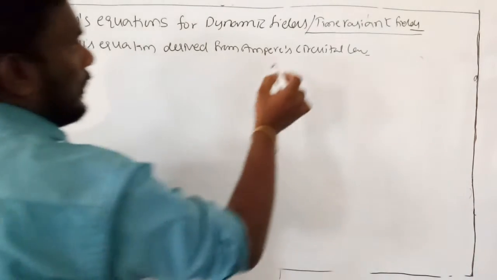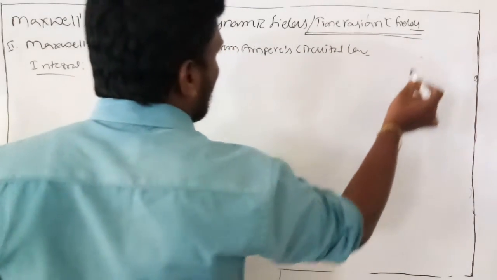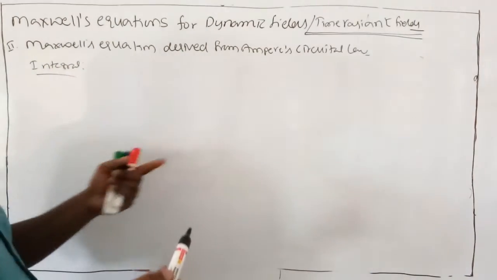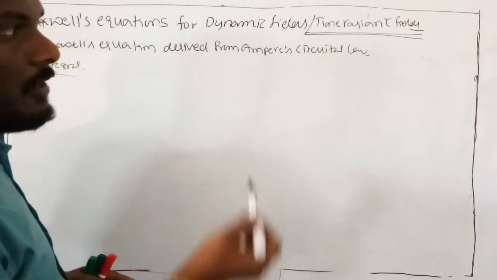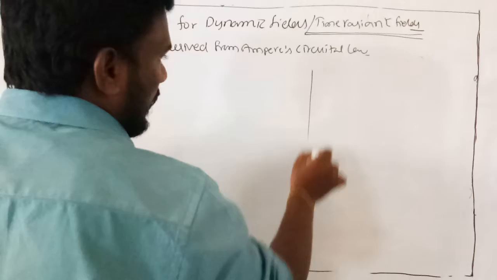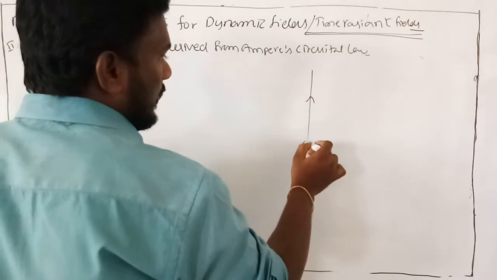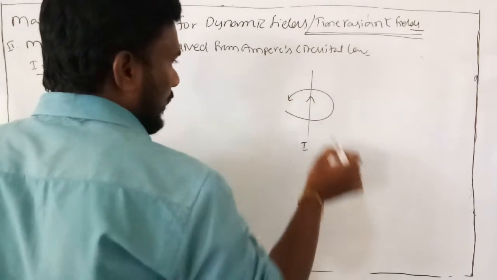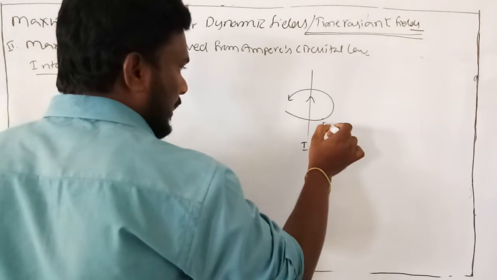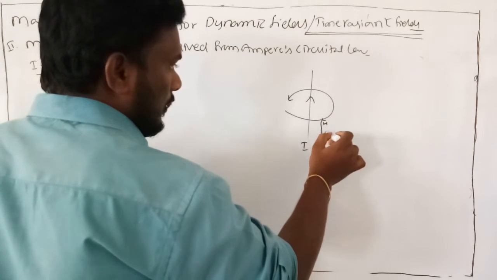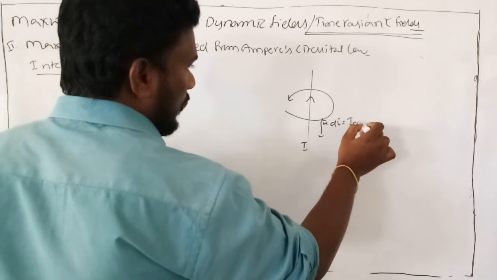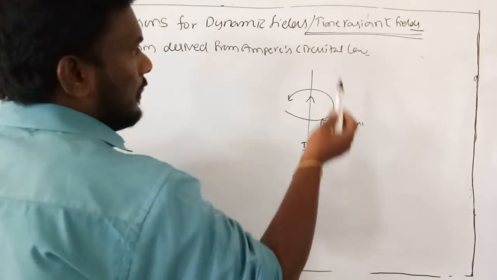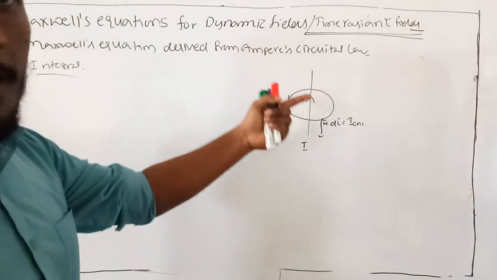So here we are expressing the Ampere circuital law for time variant fields. Initially we defined the Ampere circuital law for static fields, that is, whenever steady current flows through a conductor. Let us consider a conductor carrying steady current. It produces a magnetic field around it. So the line integration of the magnetic field intensity is equal to the current enclosed by the magnetic field. That's how we stated the expression for Ampere circuital law for static fields.